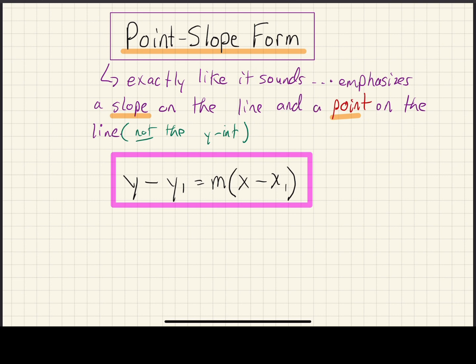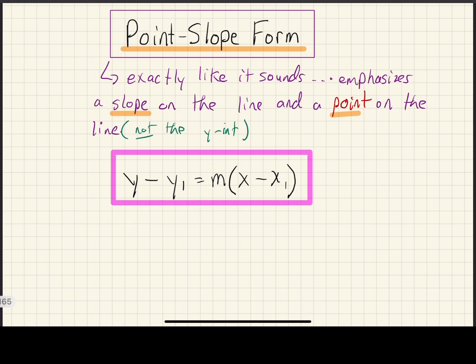The general point-slope formula is y minus y1 equals m multiplied by x minus x1. And a couple things to note about this formula, because it's not read exactly like your slope y-intercept formula is. The y1 and the x1, that's the point that we're talking about. That is not the y-intercept, but it is a point that the line passes through. And of course, your m is the slope of the line, and that's going to be constant